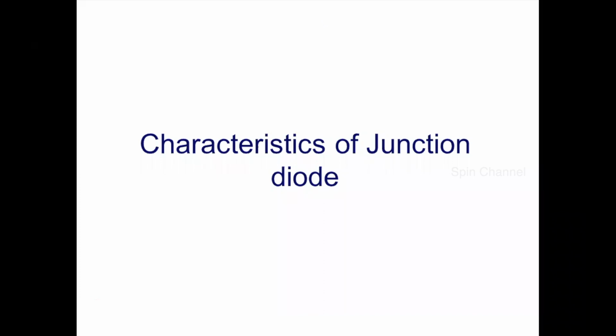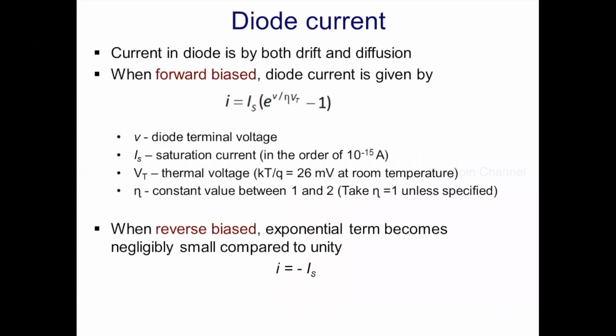Hi everyone. Today you will learn about the characteristics of PN junction diode. You know that the PN junction can conduct substantial current in the forward direction and almost no current in the reverse direction. Considering the carrier distribution at the junction and drift and diffusion process, an expression for diode current can be derived. When forward biased, the diode current is given by I equal to Is into e to the power